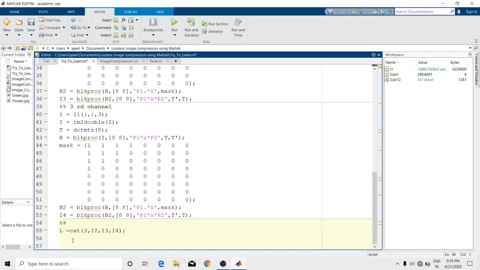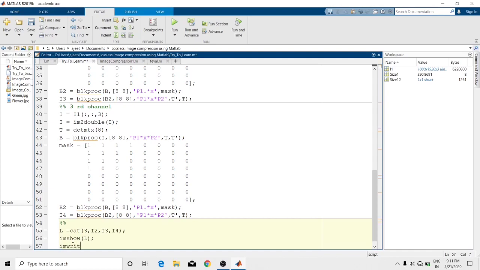Now I want to save L, as well as print our final image. To print, I can use the imshow function, imshow L, and to save, I can use the function imwrite.